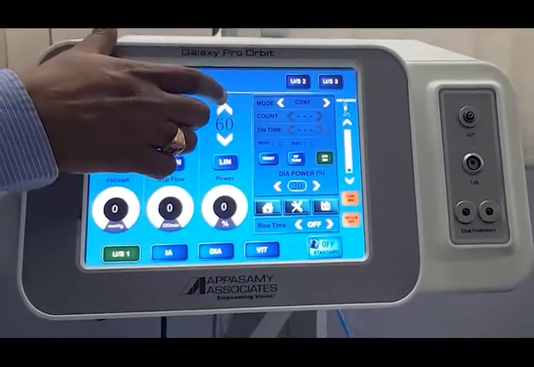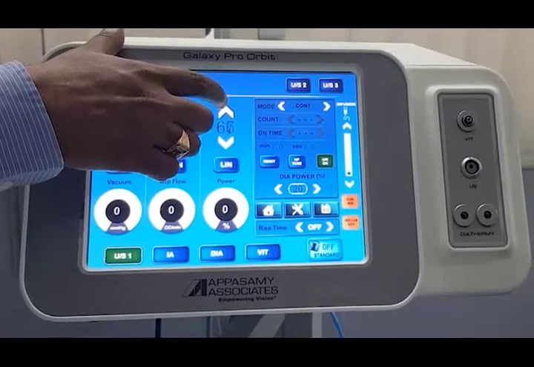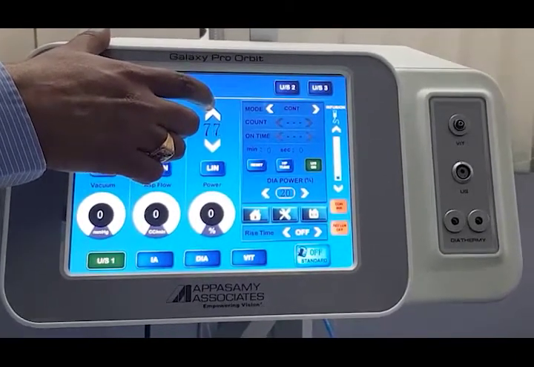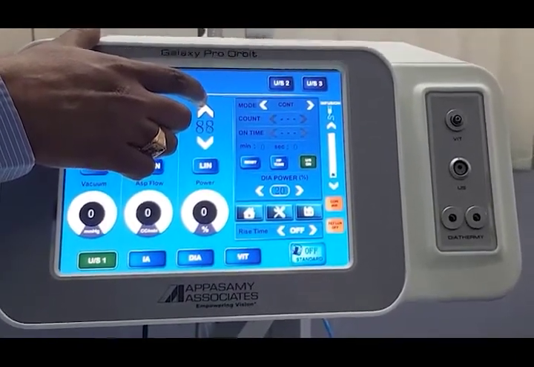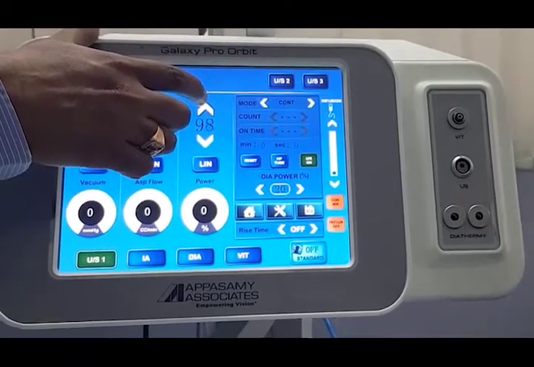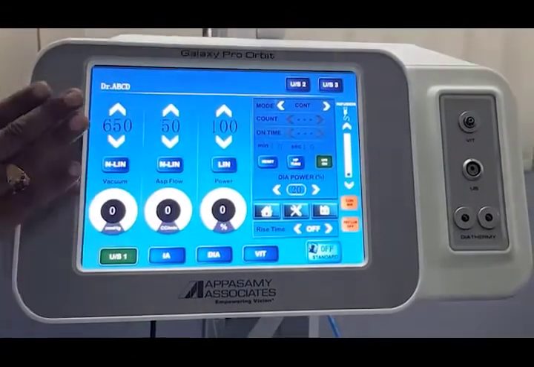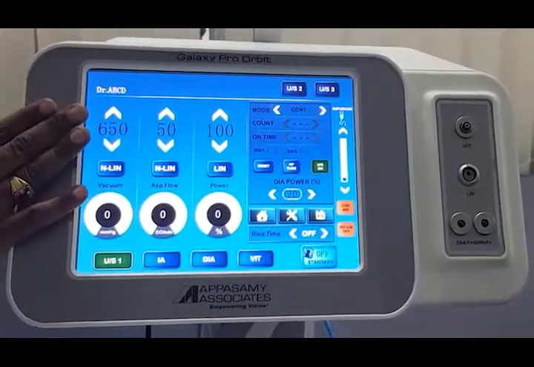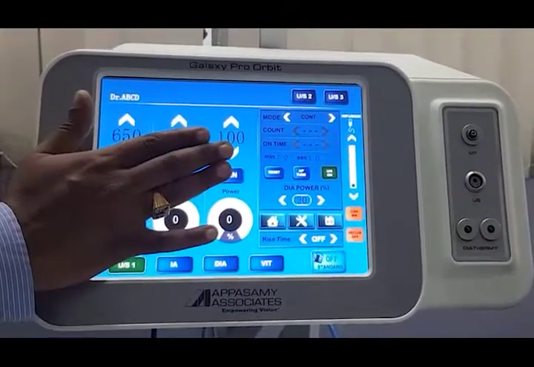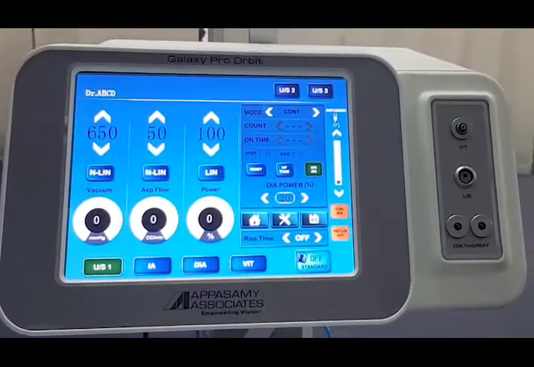And then you have the ultrasound energy, which can be varied up to 100%. So here you can make the settings for your vacuum, aspiration flow as well as ultrasonic energy.